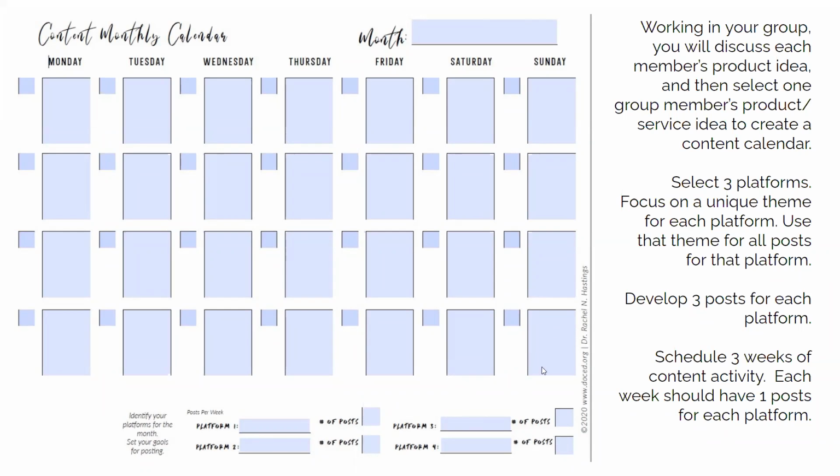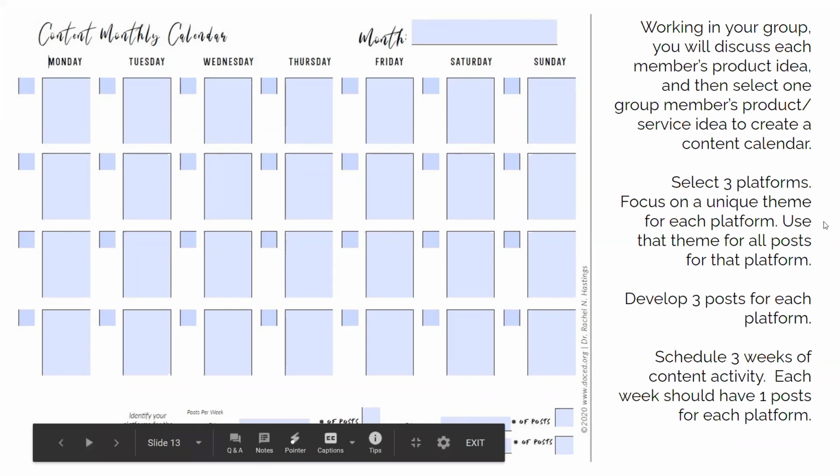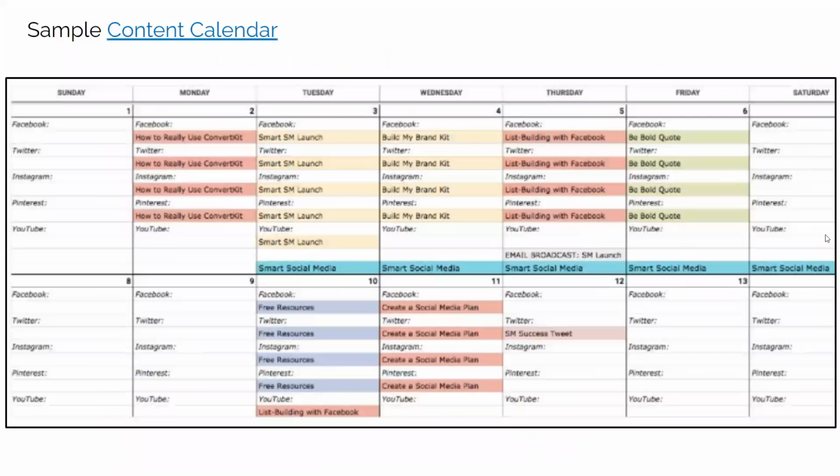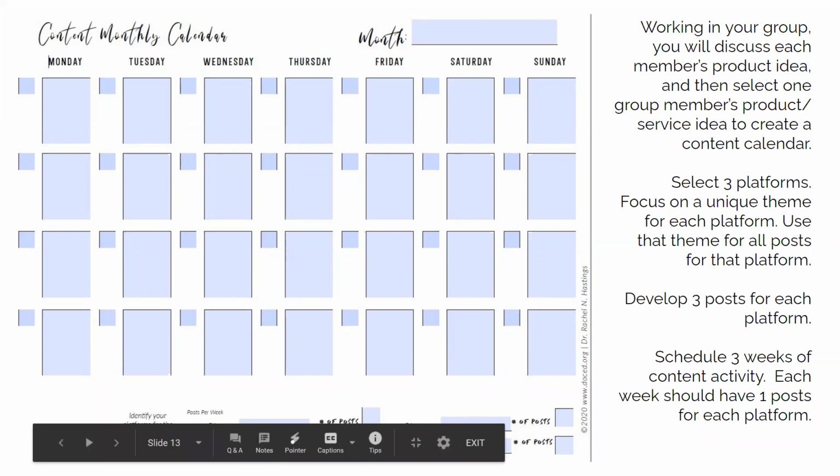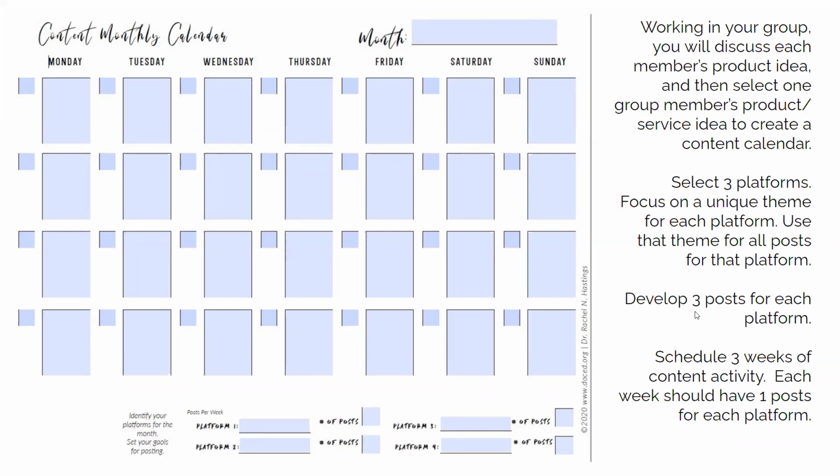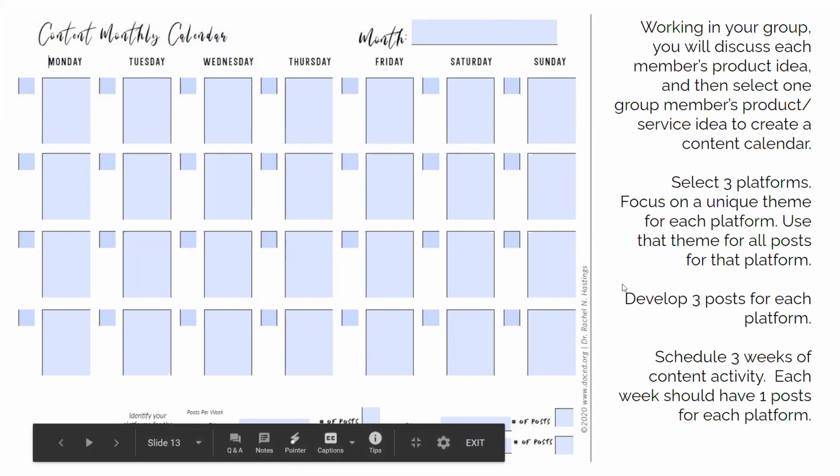And ideally, if time permitted, and it doesn't in this class, but we're going to try anyways, you would schedule it all out. And the bottom of the screen is hiding from me, but it's saying number of posts, and I've already told you it's going to be 1 post a week for 3 weeks, and 3 different platforms. So that's what you're doing.